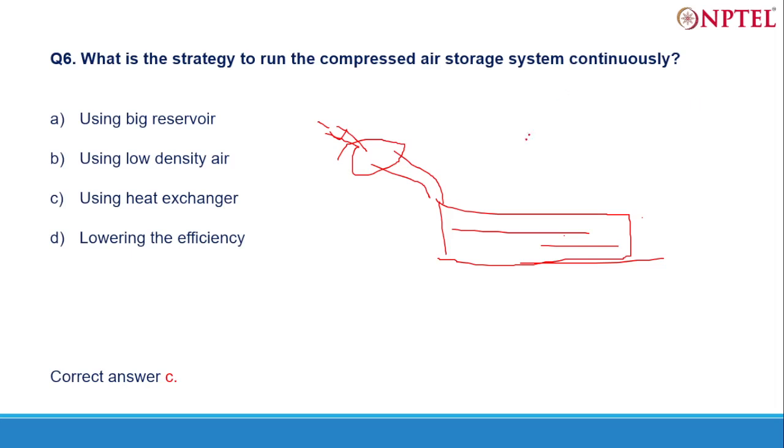Okay, so what happens actually, there can be 2 or 3 methods: diabatically, adiabatically, and isothermally. We can compress the air through these methods. In diabatic compression we don't have any consideration, we just put the air in the compressor and that compressor compresses the air. But in adiabatic compression we have to conserve the heat, and that heat is actually taken by the system